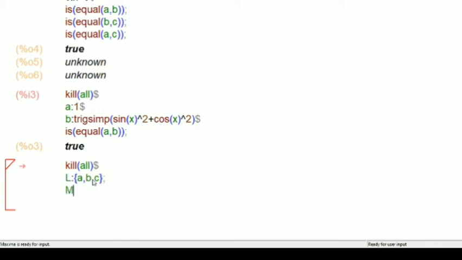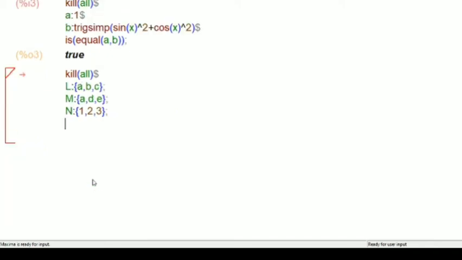Then set M. What is your set M? Set M is A, comma, D, comma, E. Okay, let me display this. What is your N? N is assigned with elements 1, 2, 3. Let me display this one also.